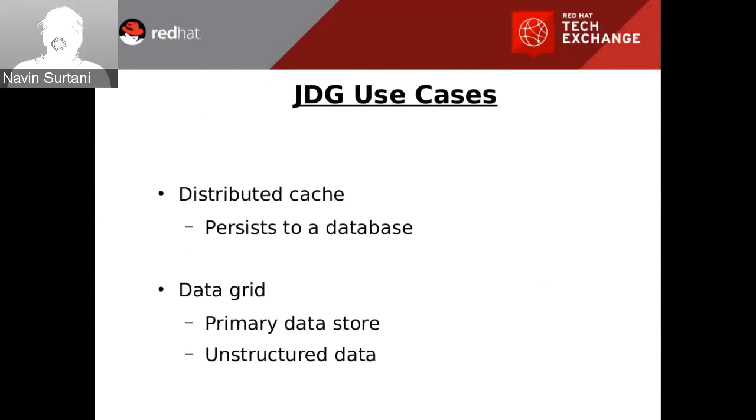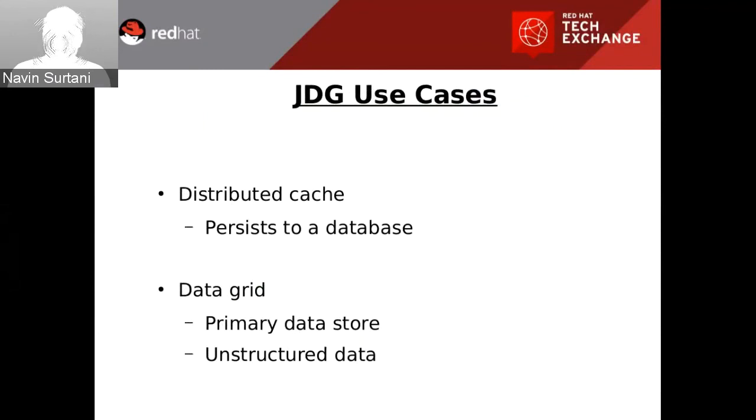Final point on JDG use cases as well. As I said, it can act as a distributed cache where it just persists to a database, and where you need that speed improvement. Basically, as a client, you're just performing operations to something in memory, and then you let JDG figure out what needs to go to the database